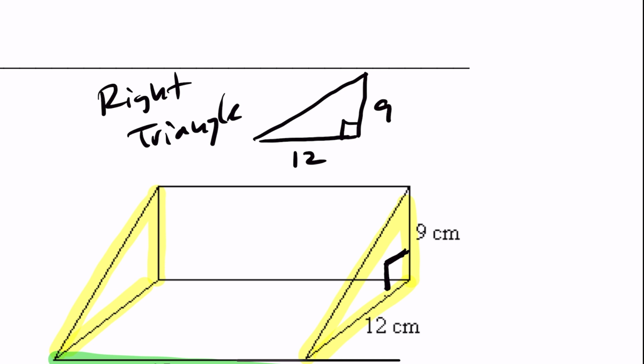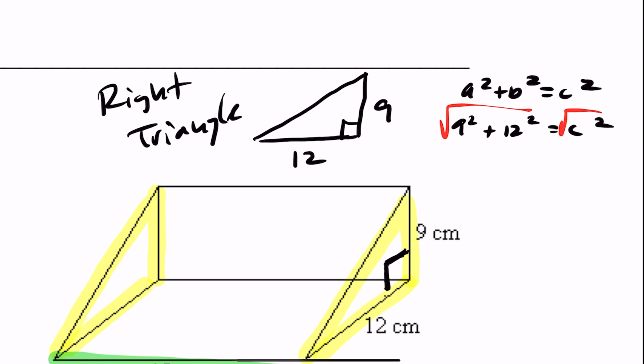That means we're going to be using the Pythagorean theorem. So a squared plus b squared is equal to c squared. This has to be c because it's across from the 90-degree angle. So 9 squared plus 12 squared equals c squared. Now, this is where I'm like, okay, I have to take the square root on both sides, and then input. I'm going to get my calculator out. I'm going to input the square root of 9 squared plus 12 squared, and please just put it all in your